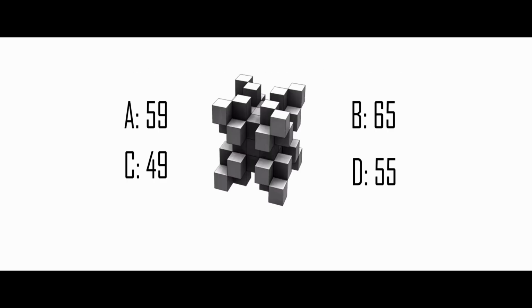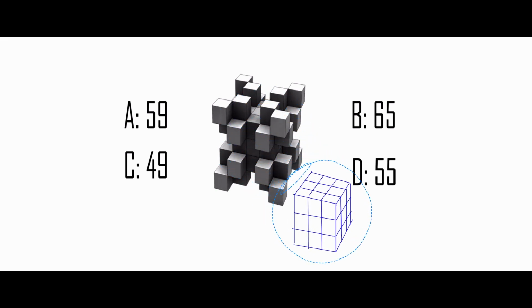Let's solve this question. If you observe this 3D figure very carefully, you can see a 3x3 cube arrangement, like a Rubik's Cube arrangement, inside this 3D figure. Let me draw that figure for you. So in the question it says that the total 3D figure is a symmetry, and for all sides this is